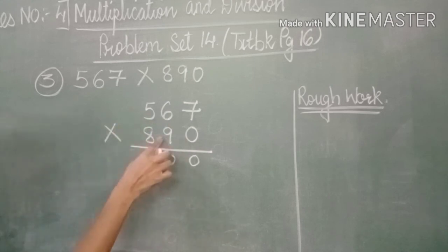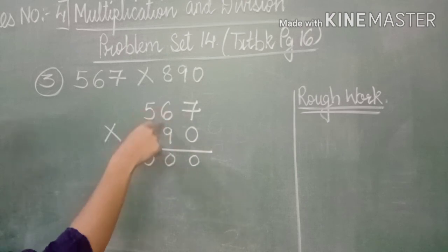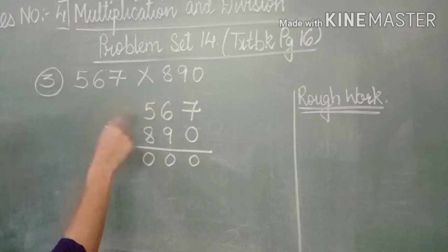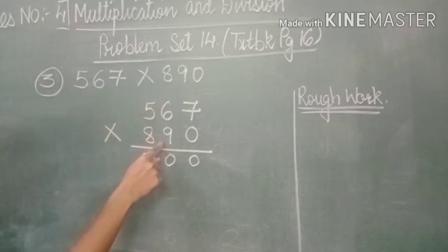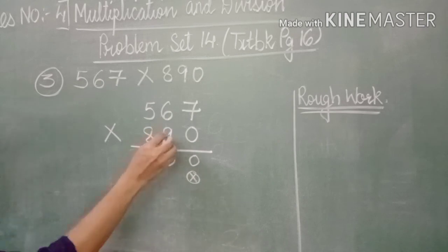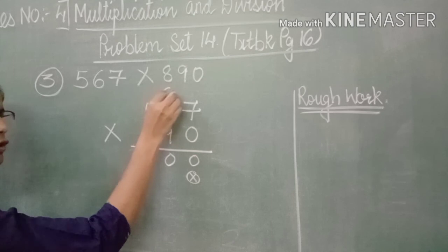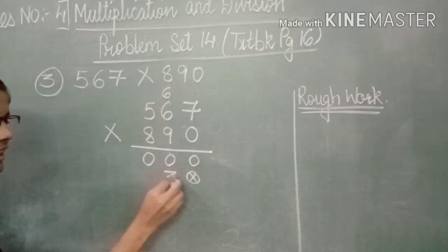Okay. Now let's do the calculation with the tens place. That is 9 sevens, 9 sixes, 9 fives. But as it is standing in which place? The place value of tens. That is why first we are going to put 0 over here. Then 9 sevens are 63. So we are going to write 6 up, 3 down.